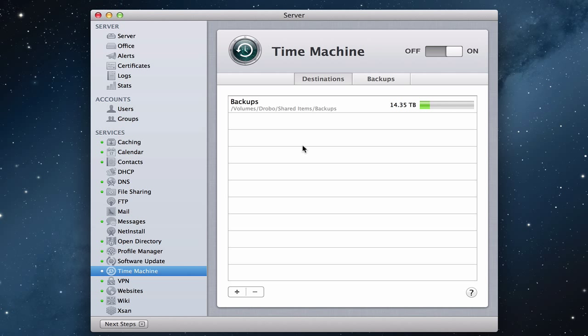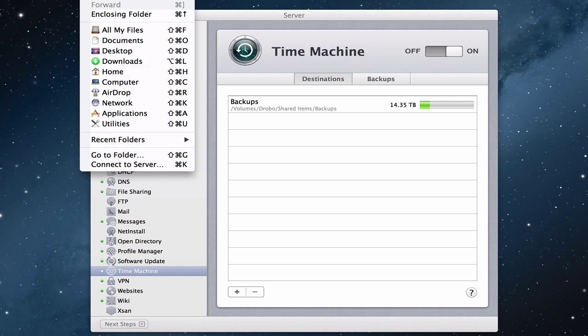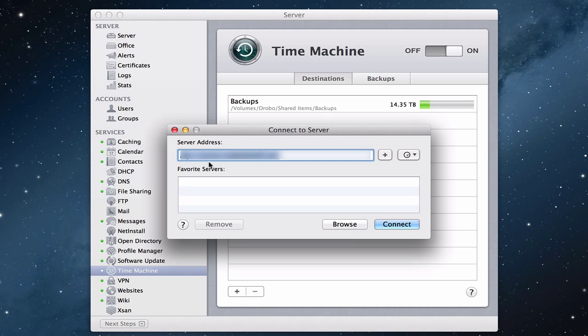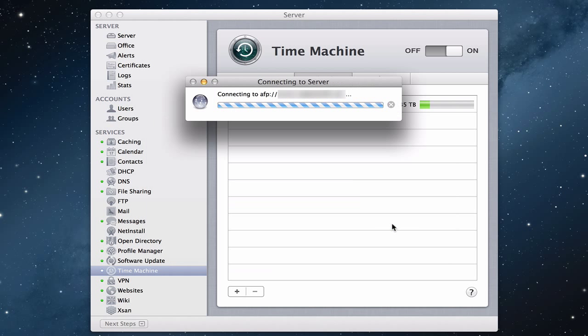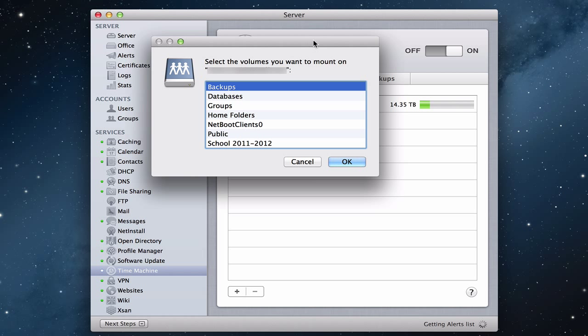Now I happen to be on my laptop right now. I'm remoting into my computer. So I can do it right from here. If I just click on the desktop and go to a Finder window, click the Go menu, and say Connect to Server, and then you type in your server's address, your AFP address that you've got there. Click connect. So now it's going to connect to my server here, and this pop-up window comes up here,